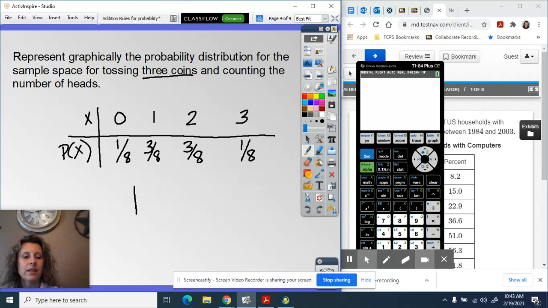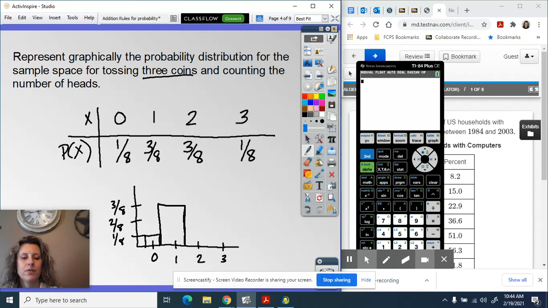So if we list out the x values across the x-axis, these are our random variables. And if I come up with a scale, I'm just going to count by 1/8. So that's 1/8, 2/8, 3/8. And if we make our bars 1/8,